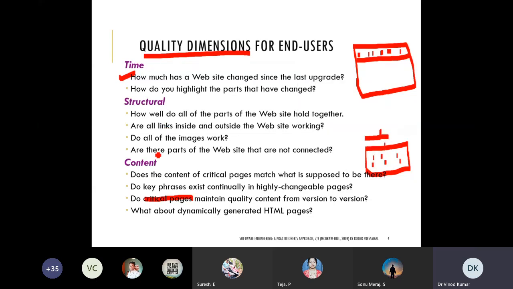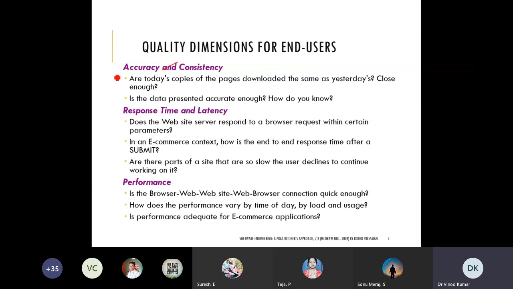Next one is the quality dimension for the end user: accuracy and consistency. Is today's copy of the page downloaded the same as yesterday's, close enough? If you have downloaded today's web page, generally we can save web pages also, you need to see whether the pages are close enough, meaning the changes, the accuracy is there.